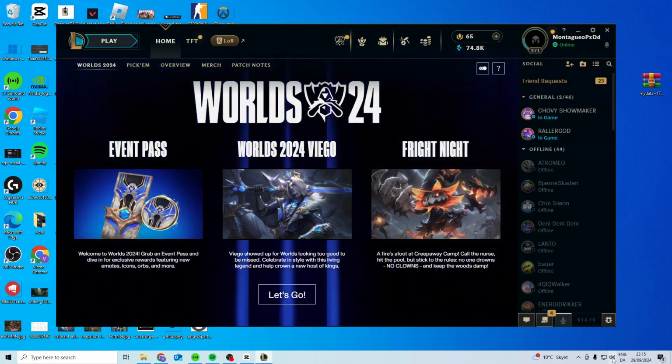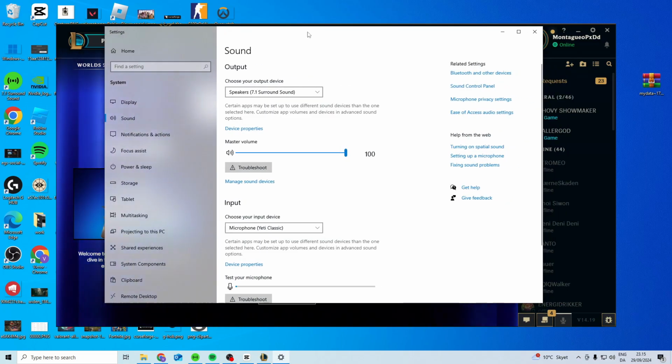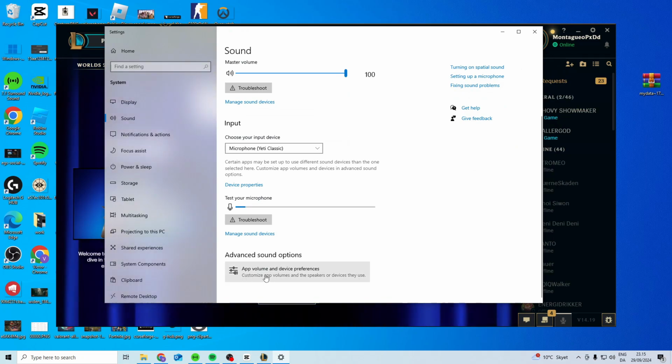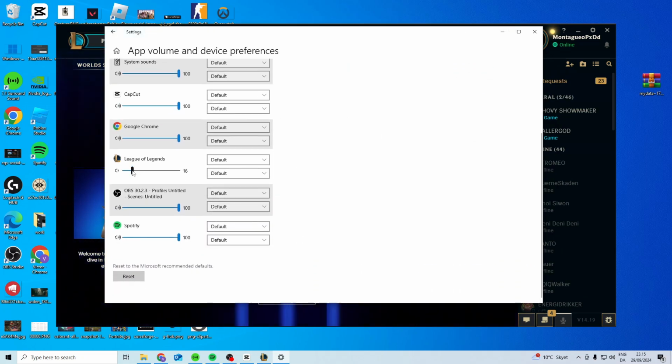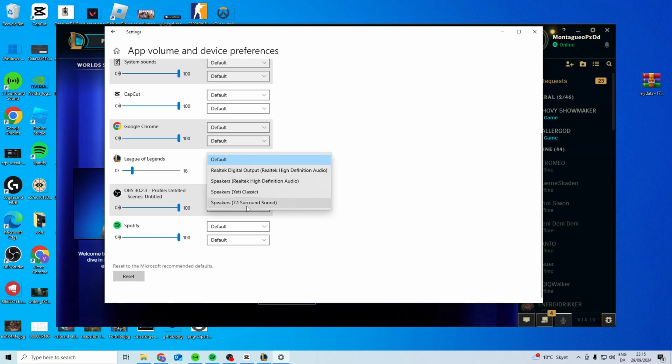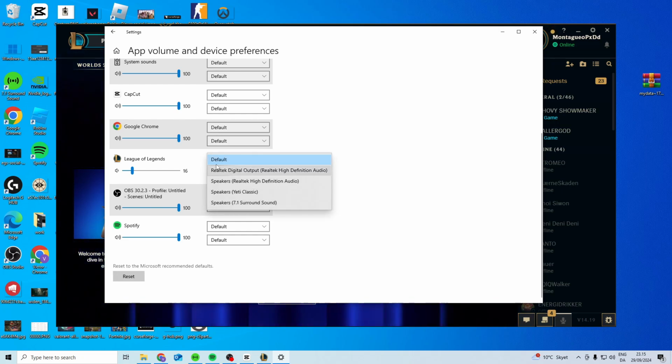After that, you can come down here, right click on your speakers and open sound settings. From in here, you can scroll down, choose app volume. In here, find your League of Legends and you can turn it up and down. Now make sure you have the correct devices as your speakers and everything in here, or you can try the